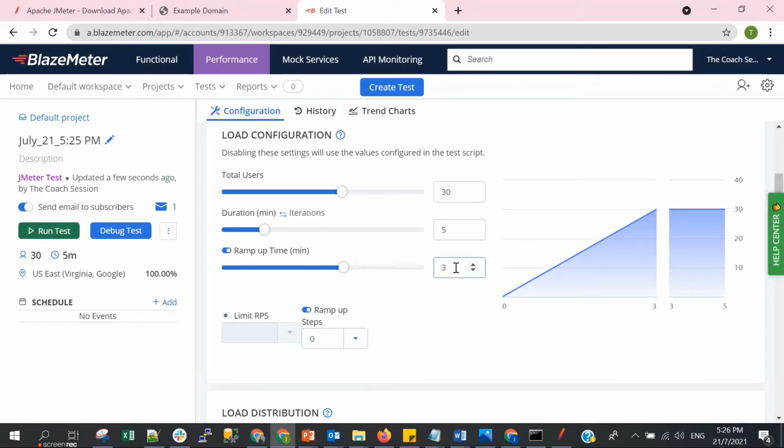The ramp up time is actually the duration when the users increase. So in 3 minutes, we will reach from the first user until the 30th user.